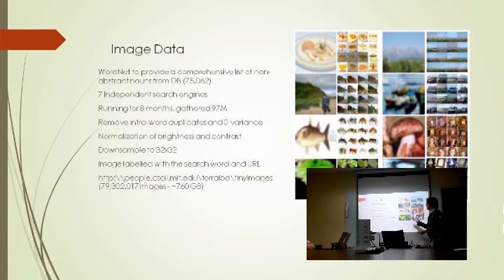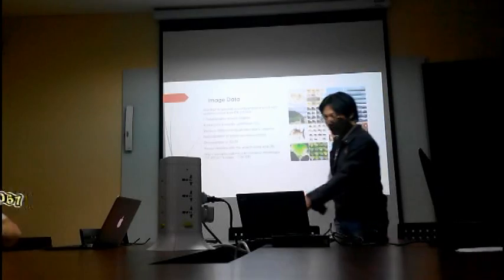And then out of those 97 million images, they removed the intra-word duplicates, which I assume is some kind of synonyms. And they removed the images with low variance. They normalized the brightness and the contrast, and they downsampled to 32 by 32 images. Now, the images are labeled with the search word and the URL, and it's accessible here. The reason why...